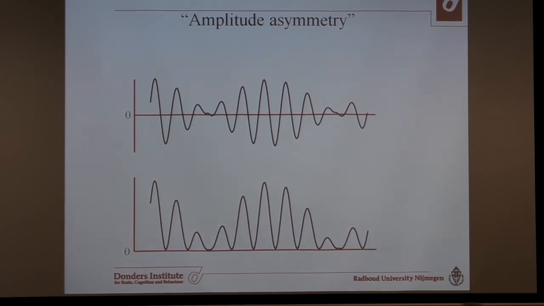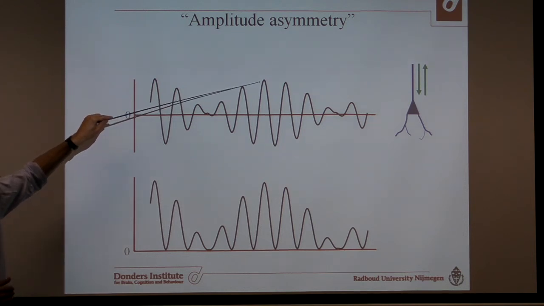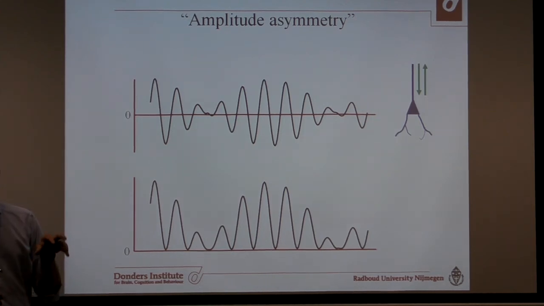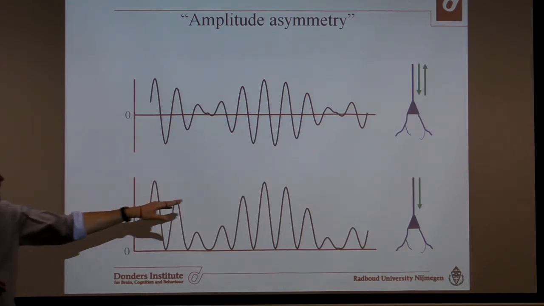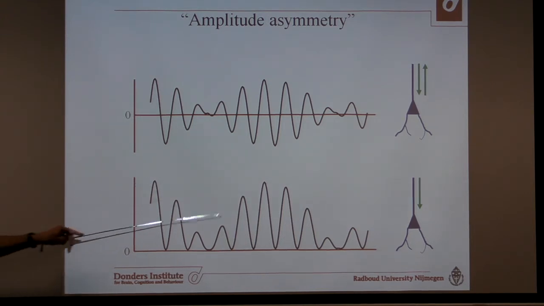If you now think about this from a physiological perspective, this is actually easier to envision. If you think about the oscillations up here, and we know that these oscillations are produced by dendritic currents, well then first you need currents running in one direction, 50 milliseconds later about the same current running in the other direction. It's not impossible, but it's difficult to envision. It's a lot easier to envision that you have bouts of dendritic activity every 100 milliseconds that then is producing your fields here. And then the magnitude of these bouts can be greater or larger, and then you get this